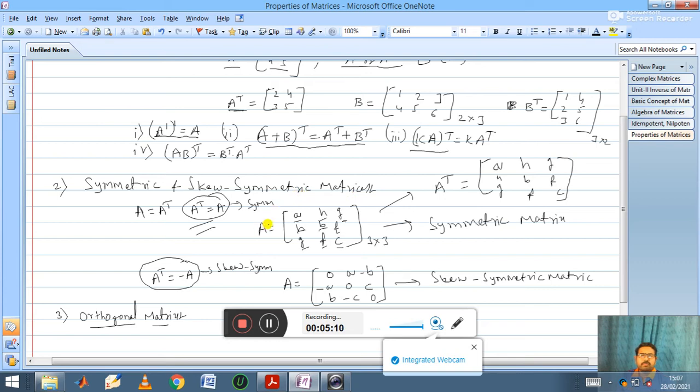If anyone asks you to write a definition and example for symmetric matrix, you can write this: A equals A H G, H B F, and G F C. Why is it a symmetric matrix? Because you focus on the diagonal elements. Diagonal elements are A, B, C. If you fold this matrix exactly at the center, the remaining elements will match: H and H, G and G, F and F, like that. So that is why this matrix is known as a symmetric matrix.